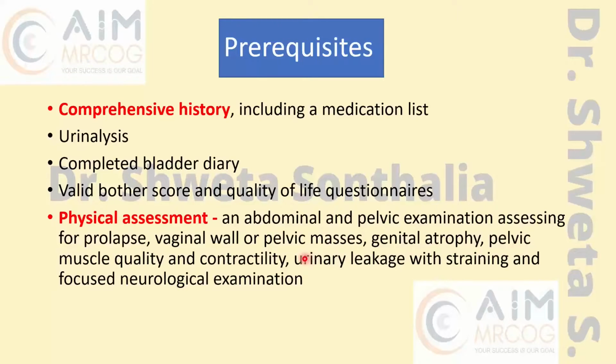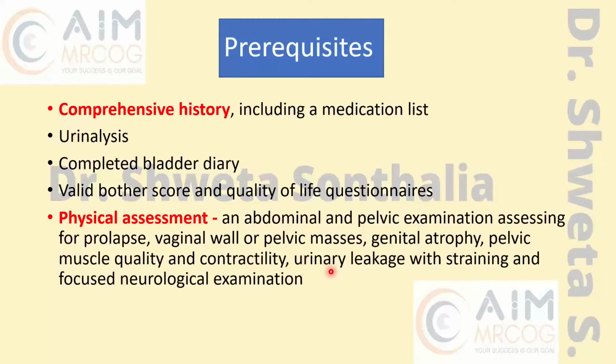Now, you have to assess the muscle quality. This is important because in stress urinary incontinence, you are going to tell her to do pelvic floor muscle training, right? For 3 months, right? So you have to assess the muscle quality. How much is her muscle tone, pelvic muscle tone? Is that a reason of her stress urinary incontinence? Is it a weakness? So will the exercise help her? That's why you have to assess the muscle